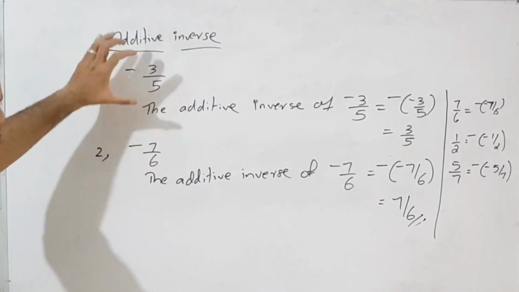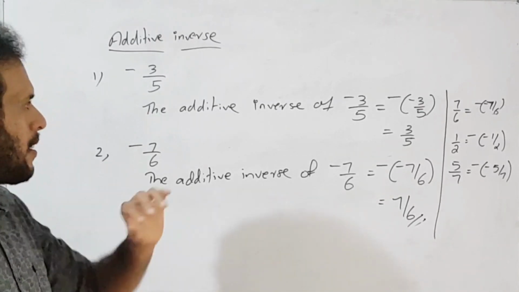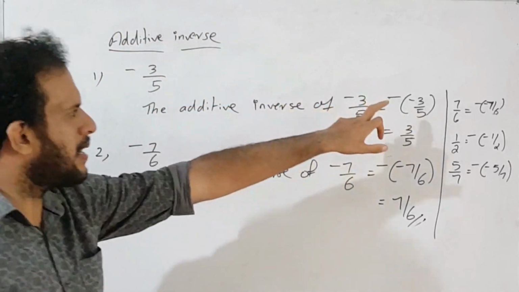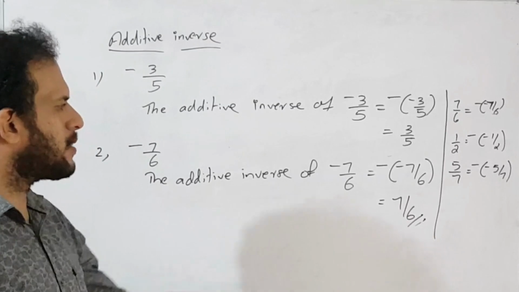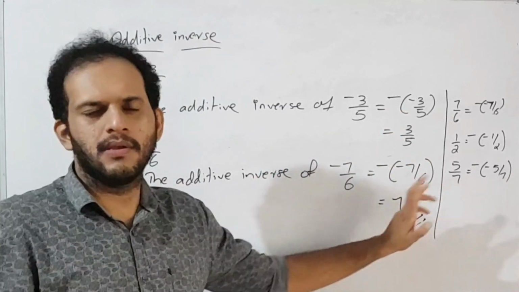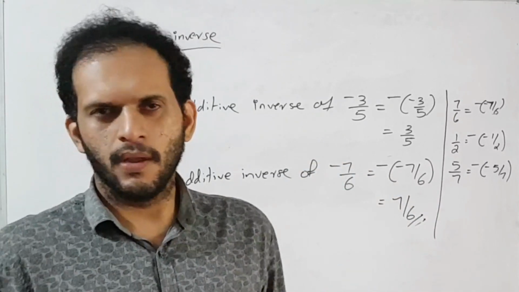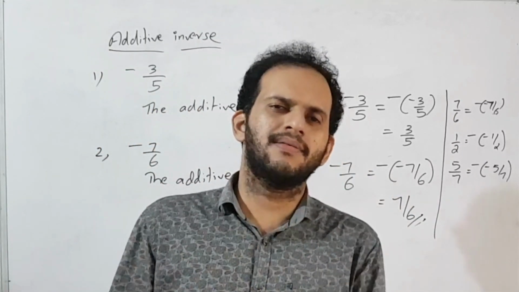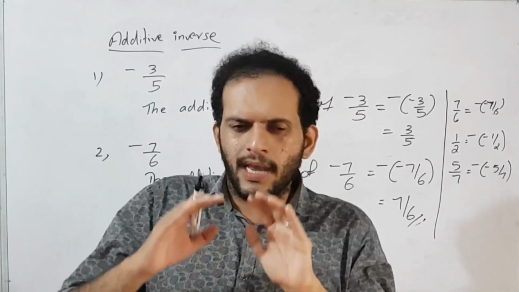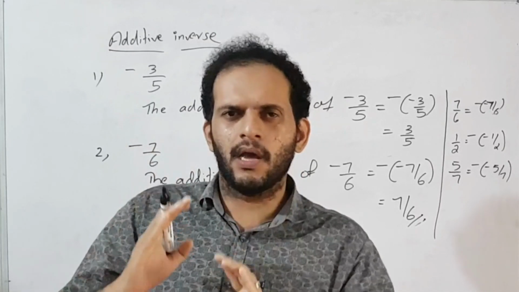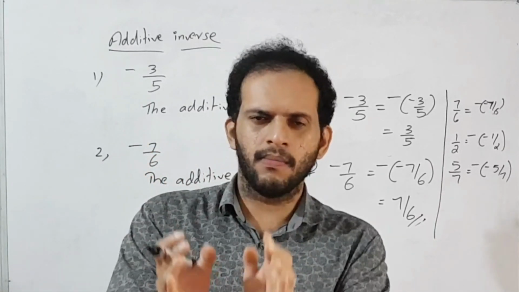If you want to write the additive inverse of a number, you just add the minus symbol in front of that. Okay, so we got the idea. Minus of minus 3 by 5 is same as 3 by 5. Minus of minus 7 by 6 is same as 7 by 6. Minus of minus 1 by 2 is same as 1 by 2. Minus of minus 11 by 100 is same as 11 by 100. As like this. Okay, എന്ന് പറഞ്ഞാൽ ഏത് നെഗറ്റീവ് ആയാലും പോസിറ്റീവ് ആയാലും ഒരു നമ്പറിന്റെ അഡിറ്റീവ് ഇൻവേഴ്സ് കണ്ടുപിടിക്കുക എന്ന് പറഞ്ഞാൽ അതിനർത്ഥം ആ